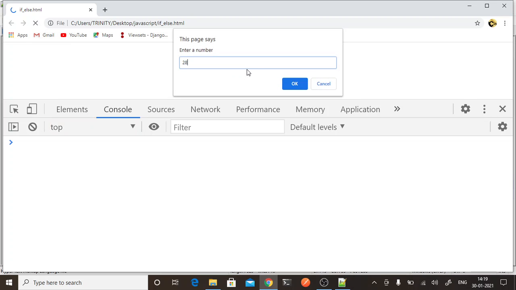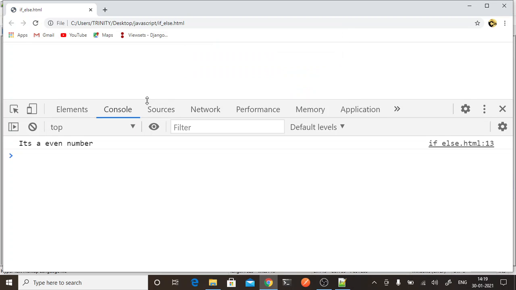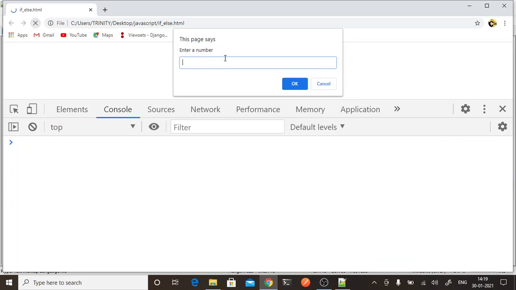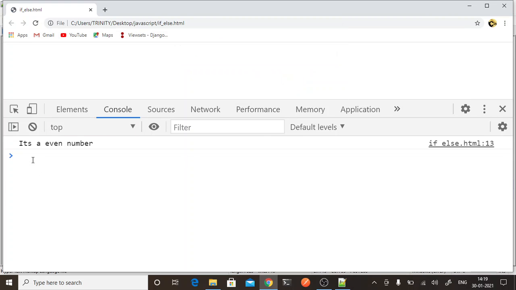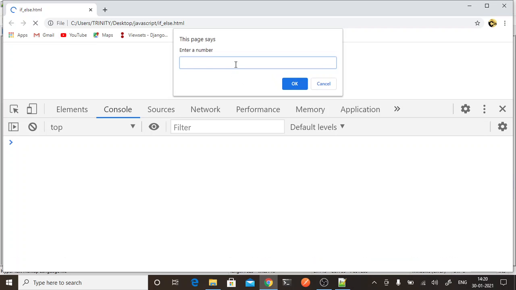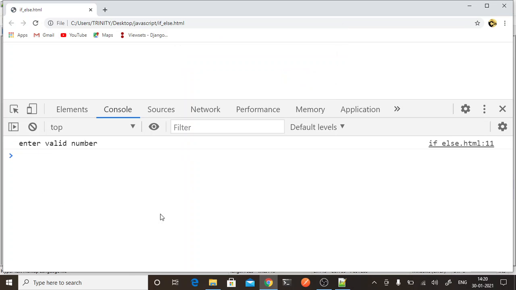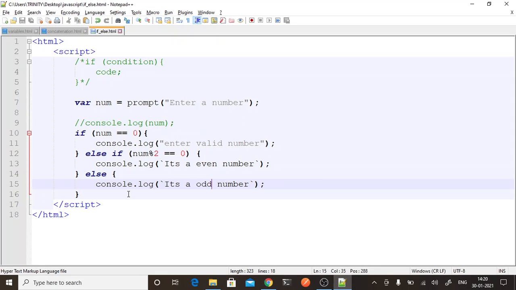So see, if I type any even number, it says it's an even number. If I type an odd number, it says it's an odd number. And if I type 0, it shows me enter a valid number. So all three conditions we are checking.